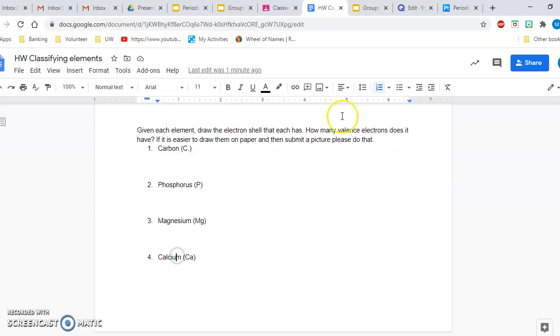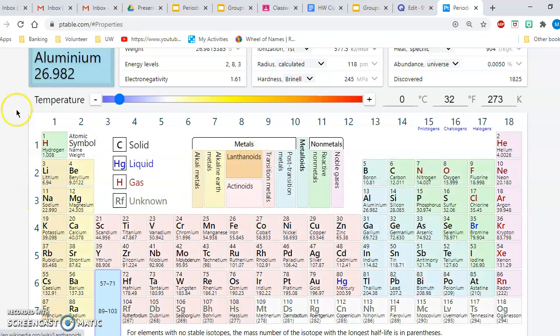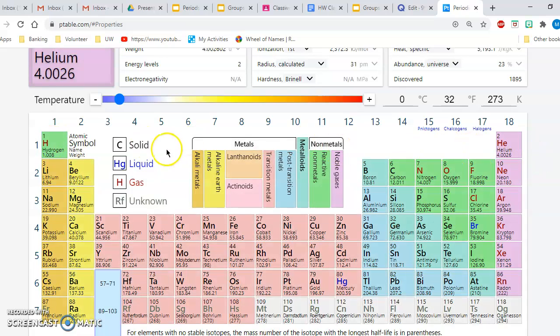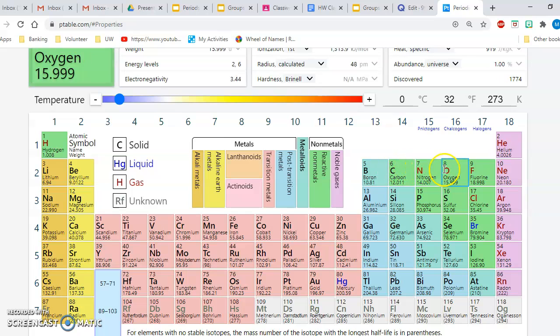Another example is calcium. Calcium is the last one I want you to draw. Our calcium would have 2 electrons in our first shell. We would have 8 electrons in our second shell, 1, 2, 3, 4, 5, 6, 7, 8, and then 8 more, so 1, 2, 3, 4, 5, 6, 7, 8 in our third shell, and our fourth shell would have